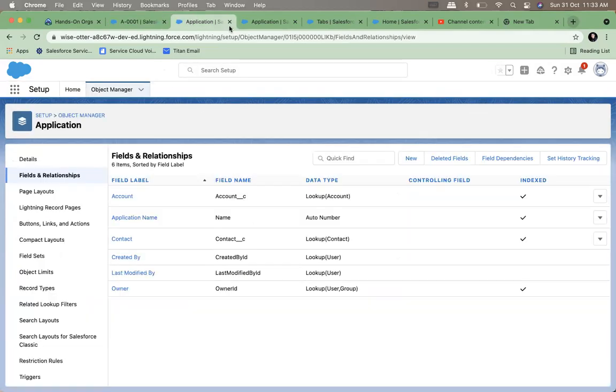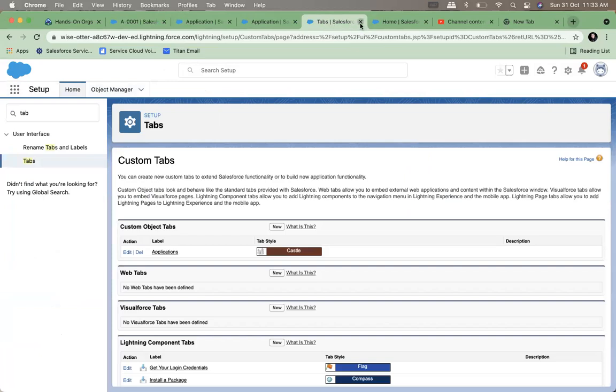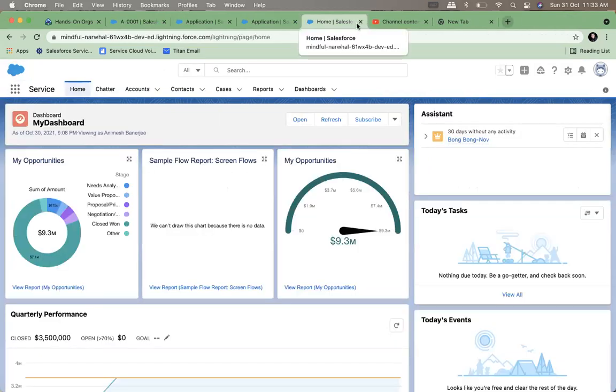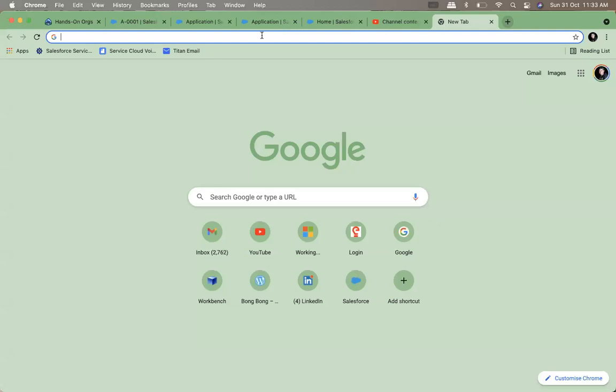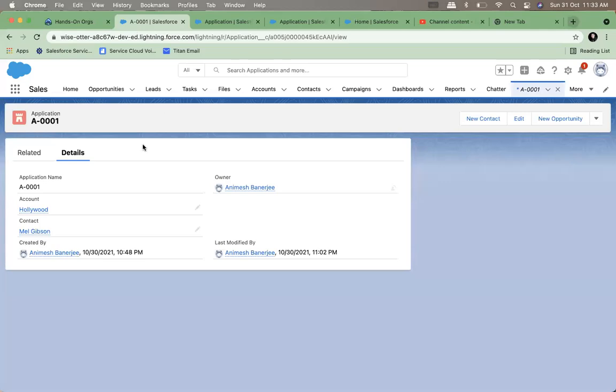Let's see how that field looks in the database. We'll see this later, in the next class I will show how the data looks. But let's see the fields now.